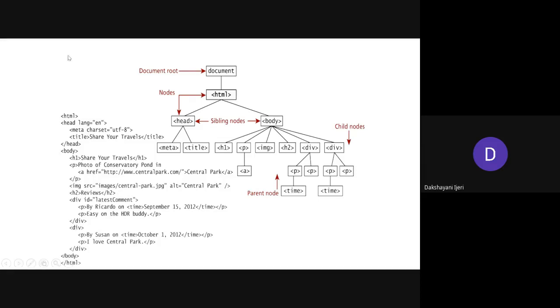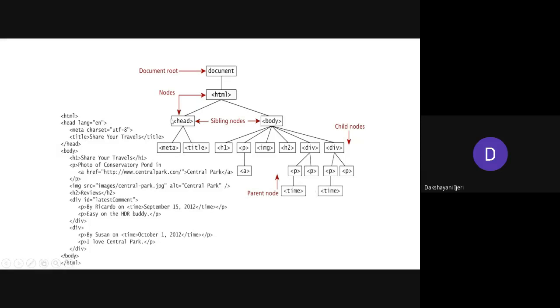It is very simple. All the elements that you have taken are arranged in a hierarchical way, right from the document till the last sibling elements, the last child element. You already know that you begin with the document, then the HTML, and within the HTML you have the head and the body, and within the head you have the meta and title, and within the body you have many elements along with other child elements.